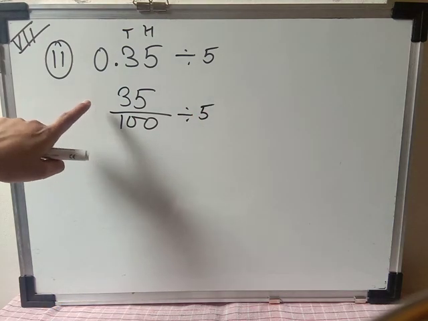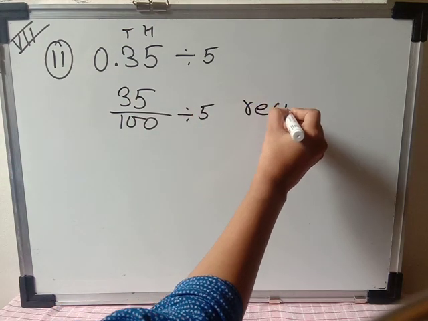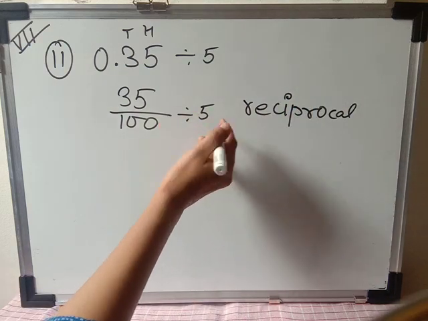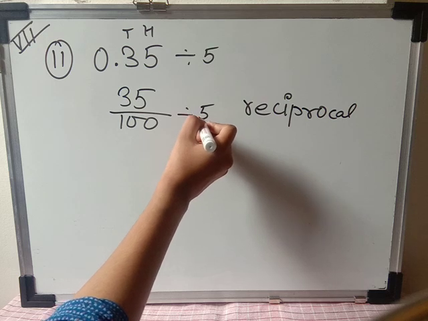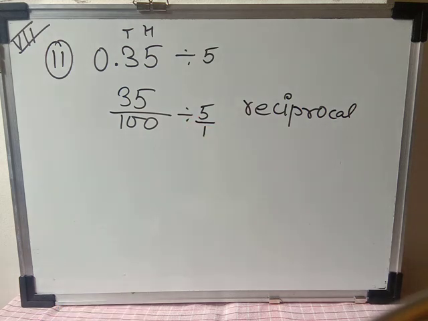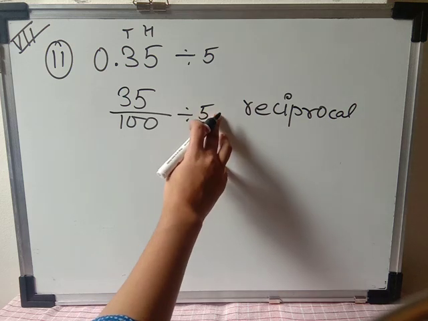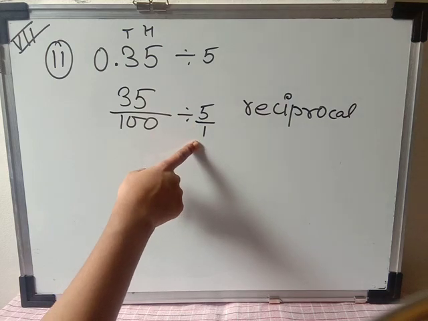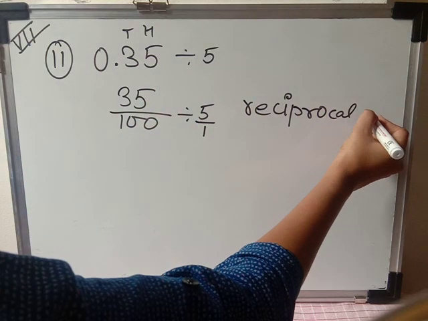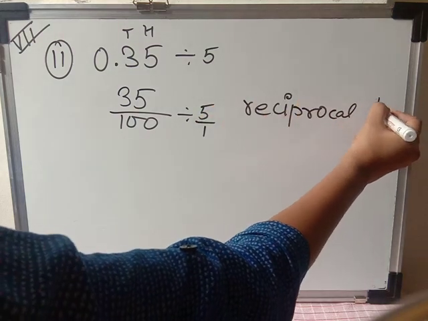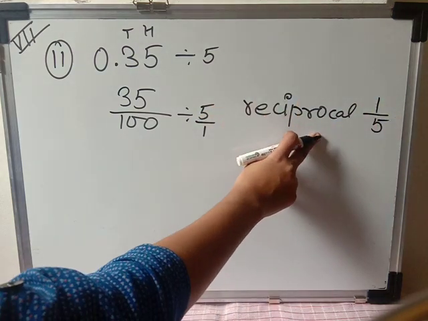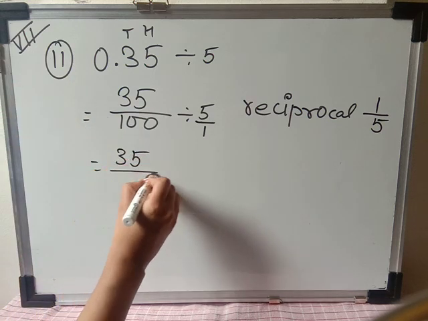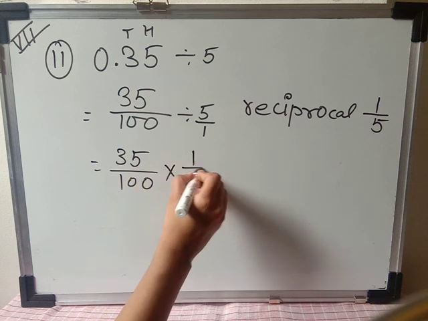So I am going to solve this example by taking the reciprocal. Okay, and here after the division sign, which number is there? 5. So I have to write the reciprocal of this one. It means I have to write in the fraction form. Okay, so I told you that the whole number will take the place of numerator and nothing is there as a denominator, so we have to take 1. So here will come the reciprocal of 5 upon 1, that is 1 upon 5. Okay, so we have taken the reciprocal, it means we have to change the sign also. So here will come 35 upon 100 multiply 1 upon 5.